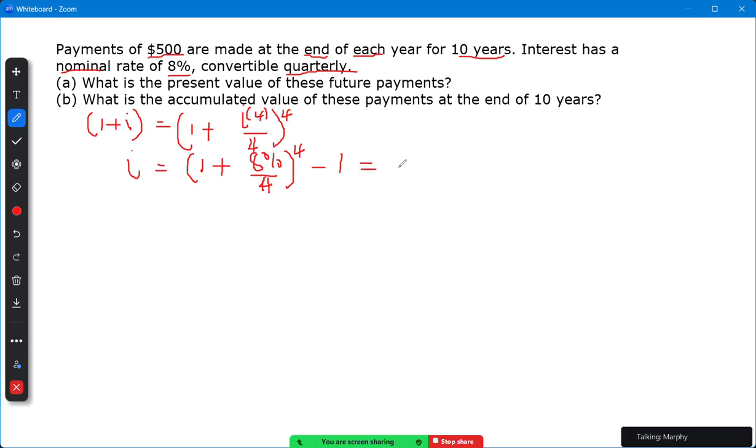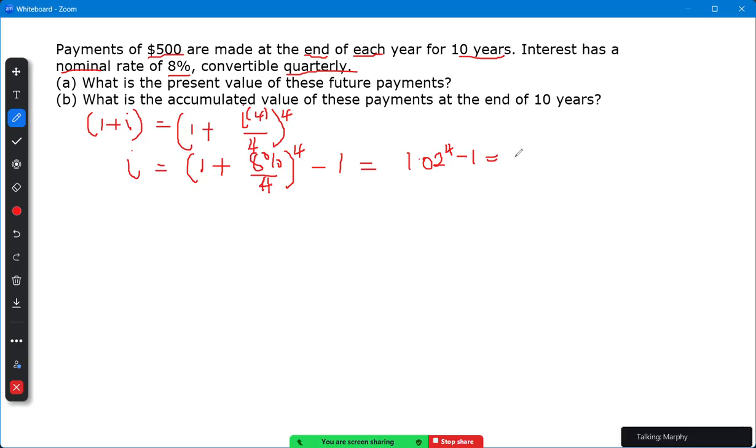So just to conserve space, I'm going to have this to be 1.02 raised to the power of 4, minus 1. How did I get that done? 8% divided by 4 is 2%. So 1 plus 2%, that will be 1.02, right? Because 2% is 0.02. So 1 plus 0.02 gives me 1.02 raised to the power of 4. And when I compute that using my calculator, 1.02 raised to the power of 4 minus 1,